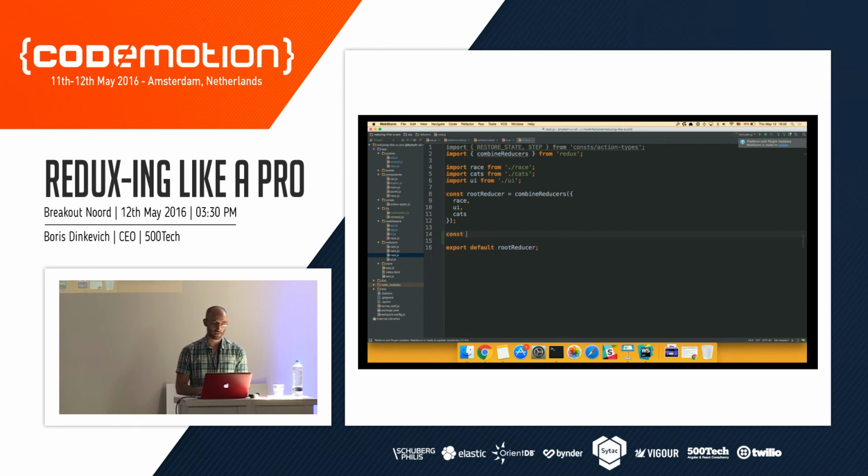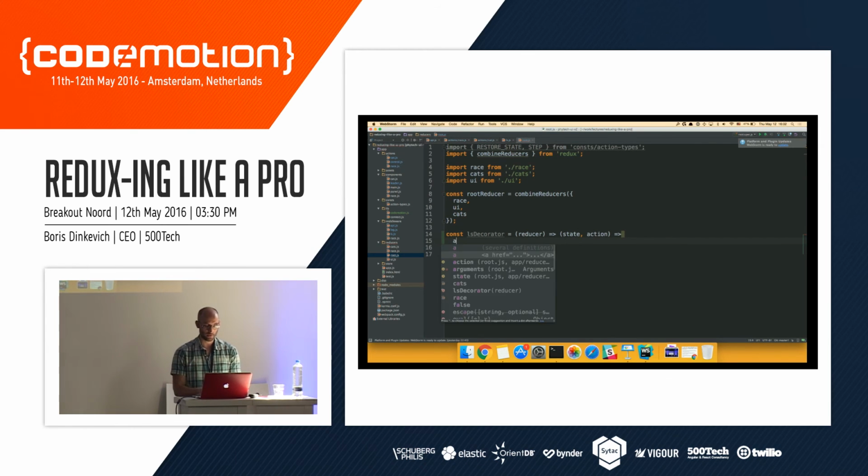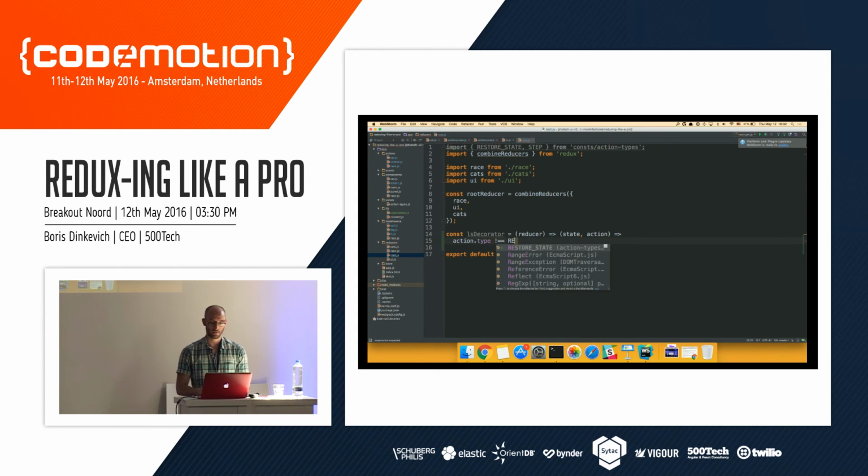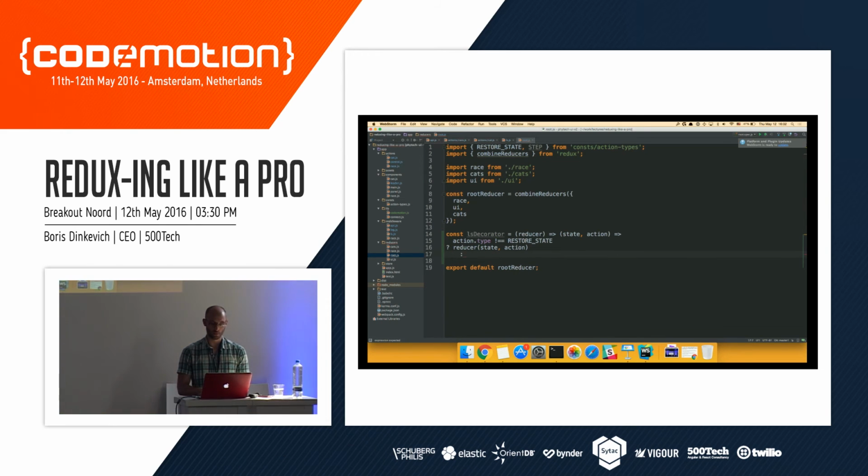So what I'm going to do is create something, let's say, like a local storage decorator, which is a function that receives a reducer and returns the signature of a standard normal reducer, which is state and action. And inside, I'm going to do some weird magic. First I'm going to check if the action is not restore state. Well, if it's not restore state, then I'm just going to call the original reducer I got, and we're done. But if it is, then I'm going to do